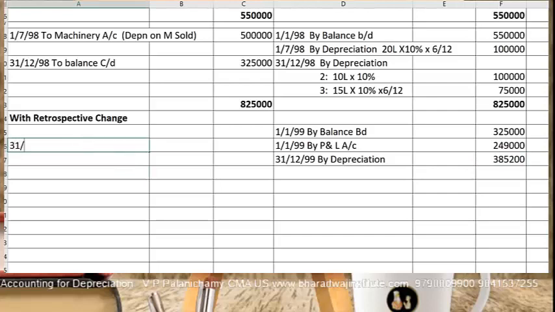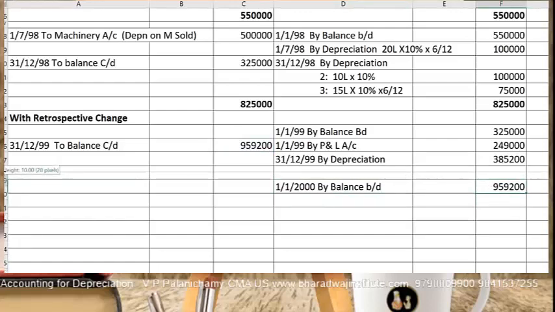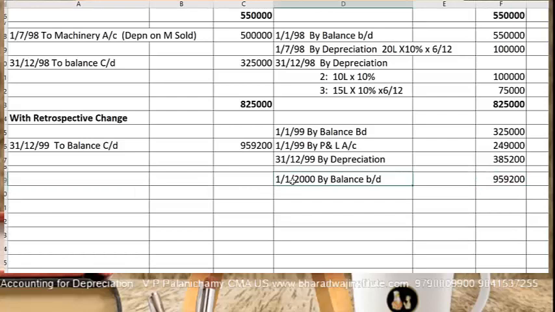Then 31/12/99 to balance carry down. To balance carry down is nothing but the total. Then 1/1/2000 by balance brought down. This is nothing but 9,59,200. 9,59,200 is the opening balance. Okay. Next year